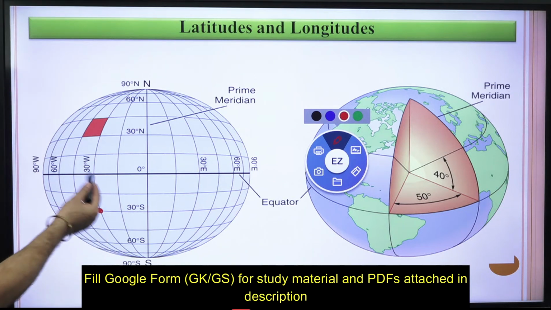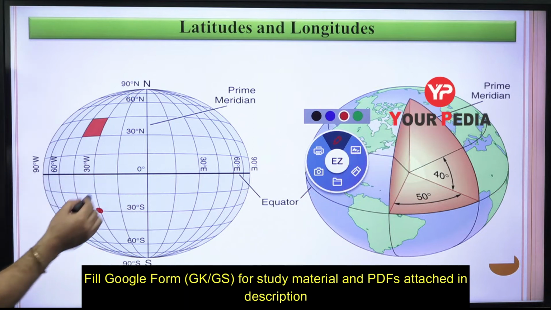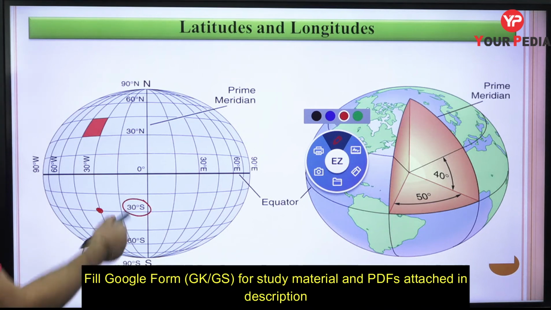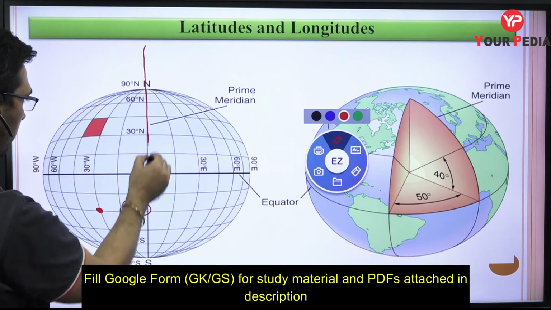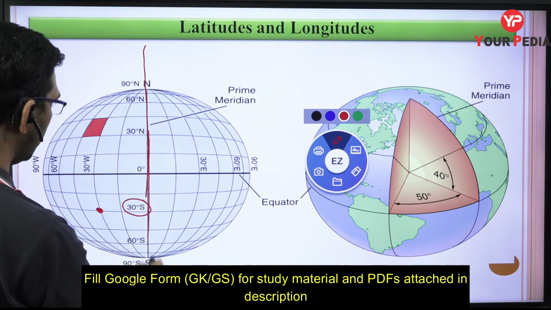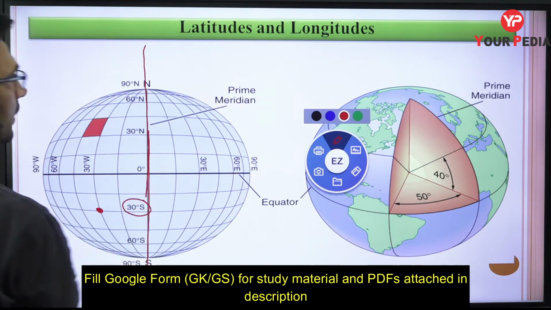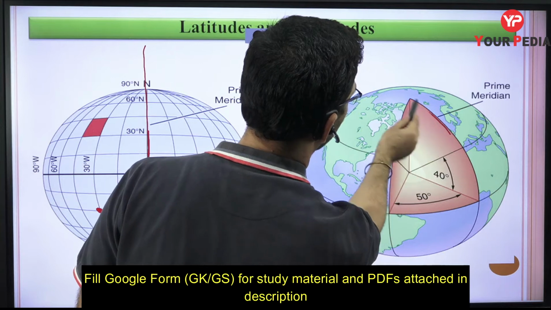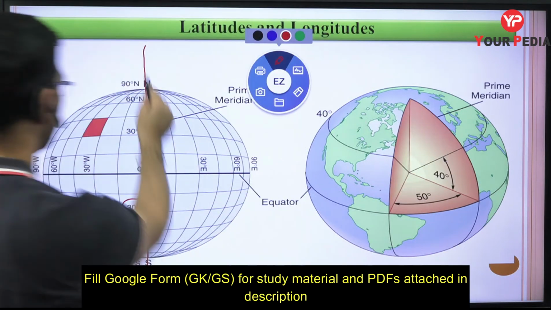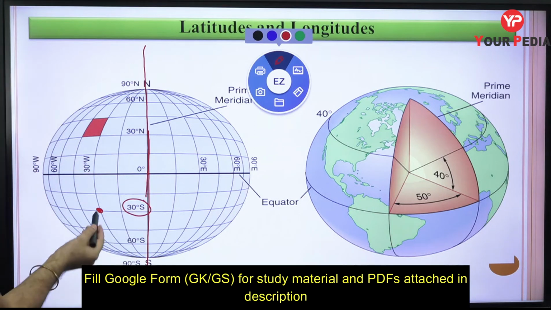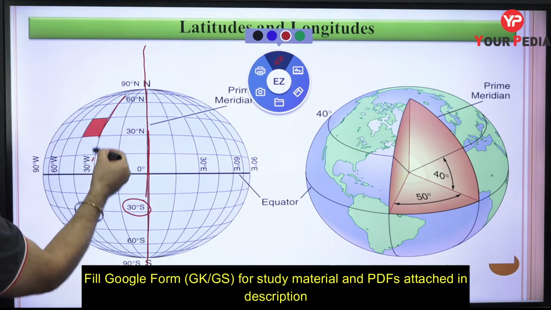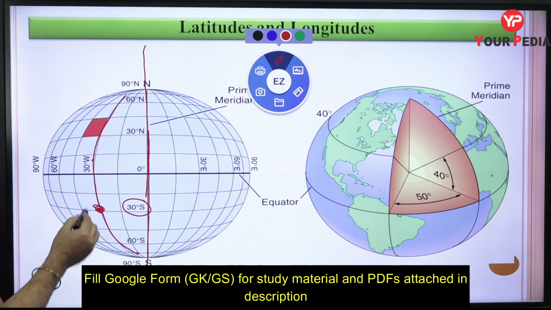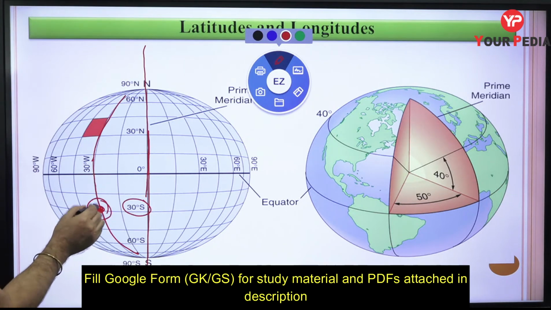You can tell that in terms of the, because it is on the equator, then obviously you are on 30 degrees south. That is the angular position, 30 degrees south. At the same time, this is the prime meridian, north south. From here towards the west, you are having this particular angular position at 30 degree. Whole of this longitude is at 30 degree west. So you can say this is 30 degrees south and 30 degree west location.